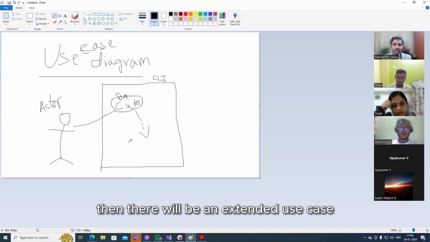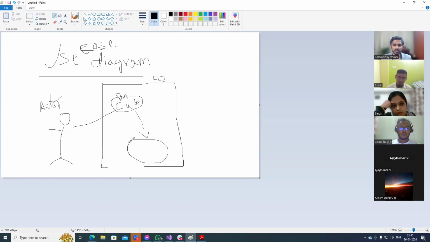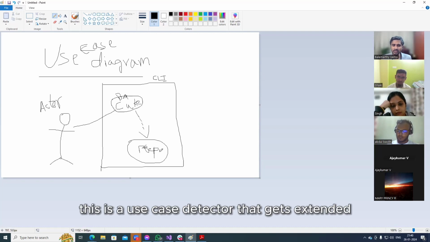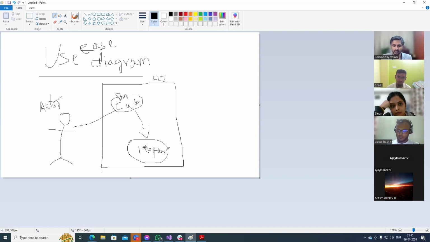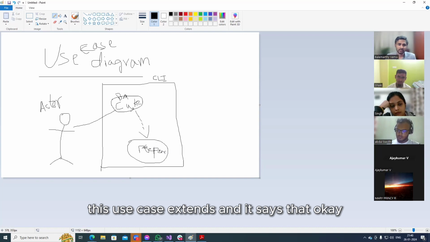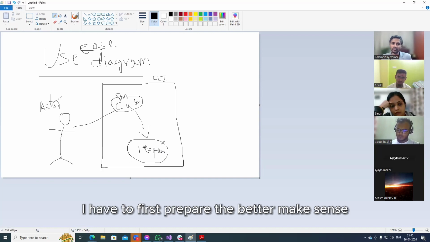Then there will be an extended use case, preparation of batter. This is a use case that gets extended. It says that I have to first prepare the batter. Make sense?